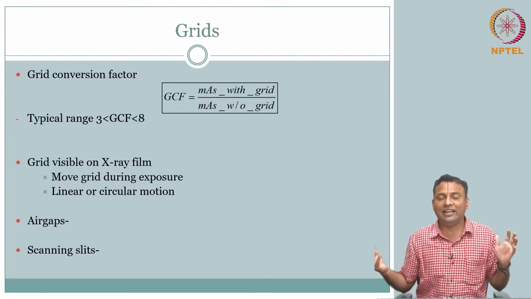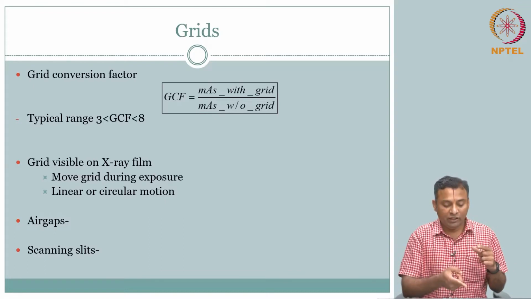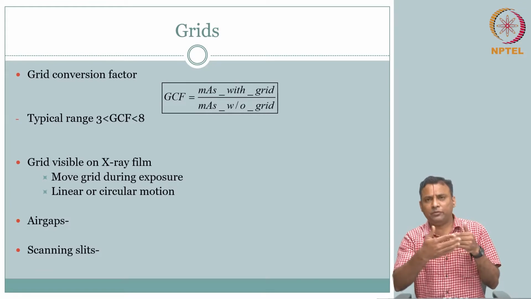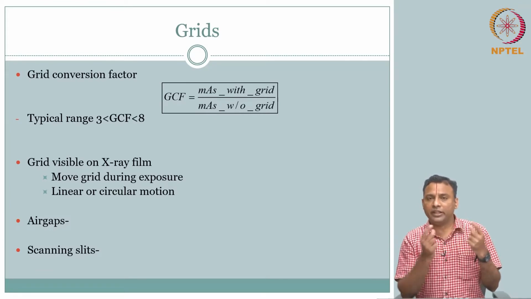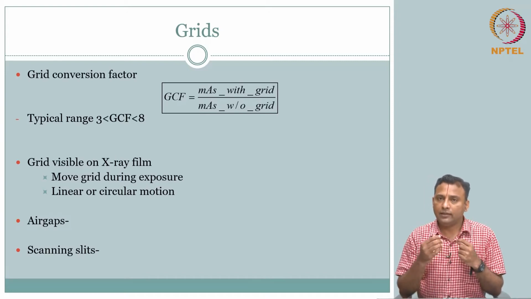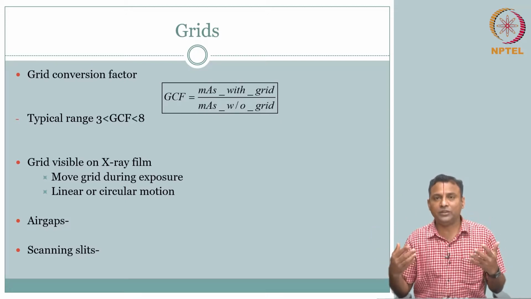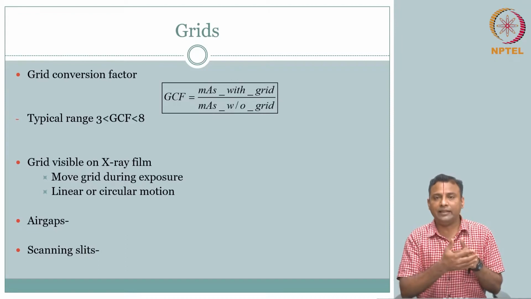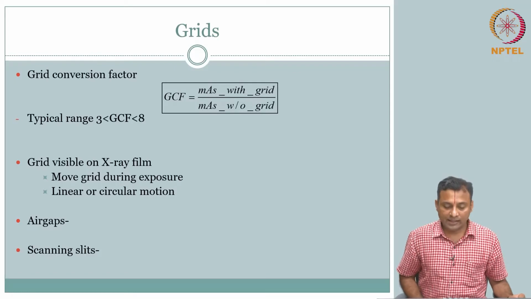So now, is that the end of the story? In fact, we did the air gap and scanning grids, all that, just before it hits the detector. Now we need to talk about the instrumentation of what happens at the detector, and finally the output is going to be an image that you are going to see. So what are the components involved after it hits the detector and how it comes out? That is what we are going to discuss now.